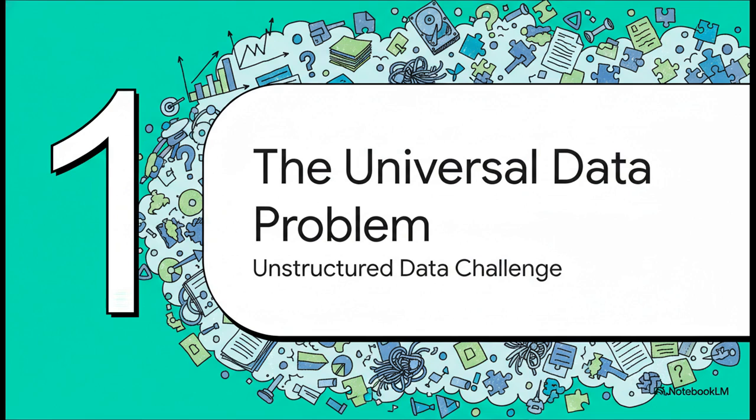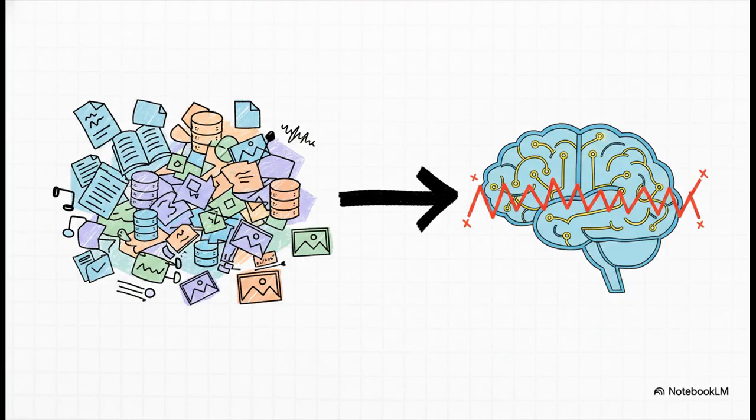At its heart, this is all about the challenge that basically every modern organization is facing, this overwhelming flood of what we call unstructured data. Now, you might think that advancements like AI would have solved this. And yeah, they've sped up tons of processes, but they haven't fixed a really foundational issue.